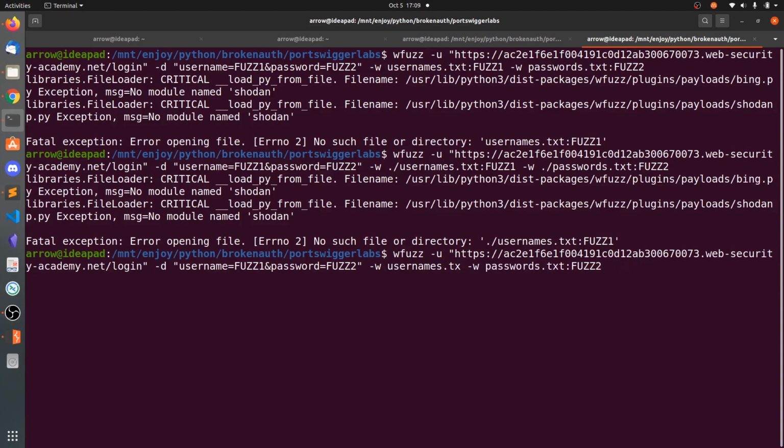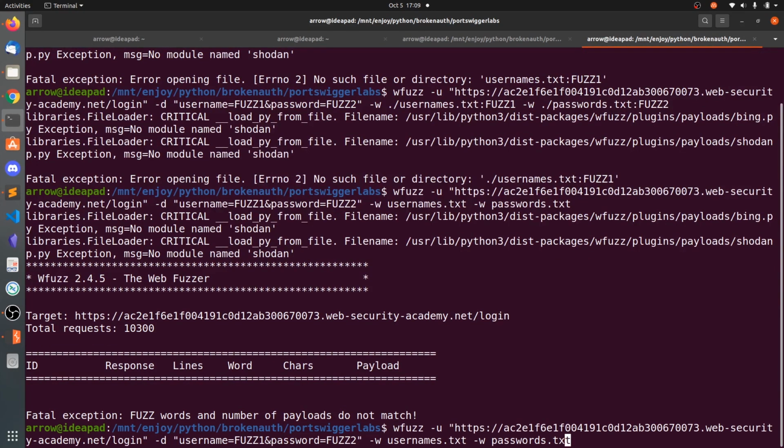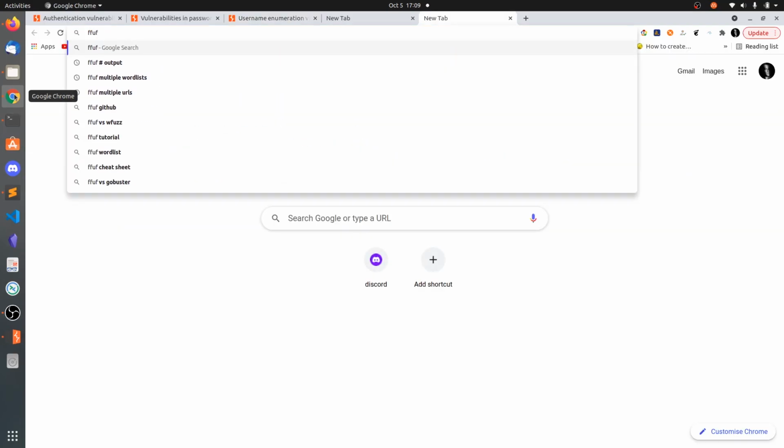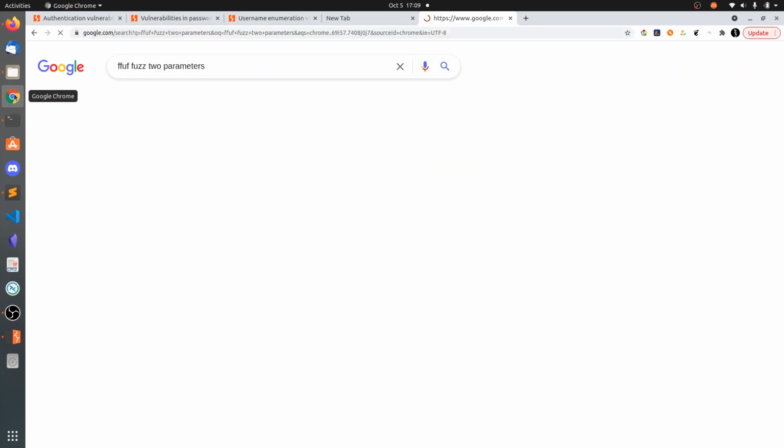I think the syntax is correct. We need to separate the colon and the first two. So let's Google this, the first two parameters.